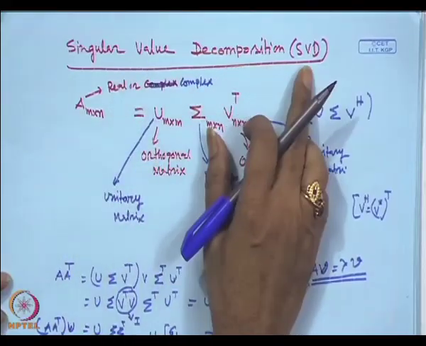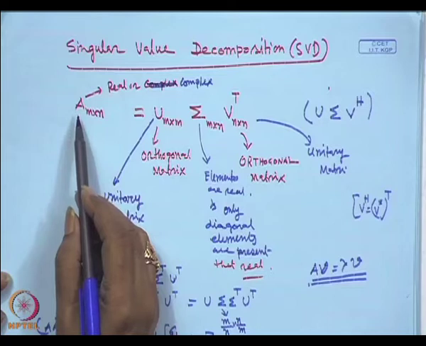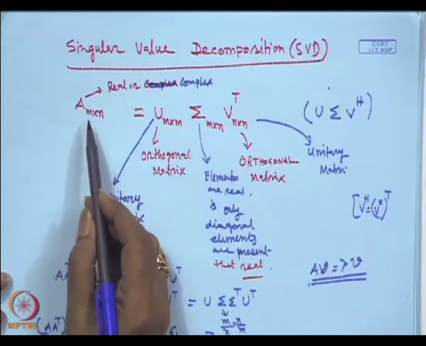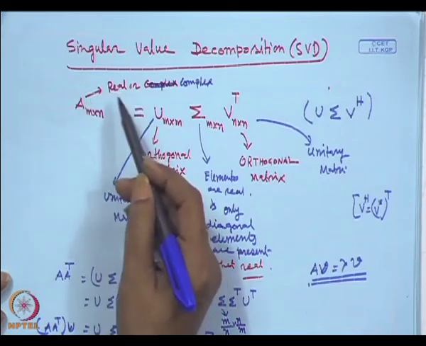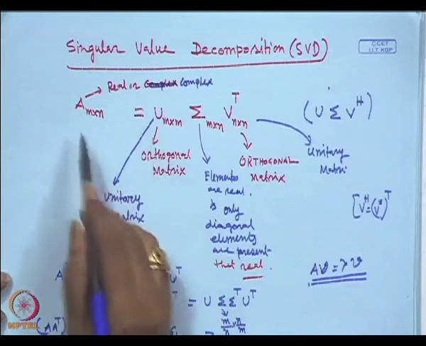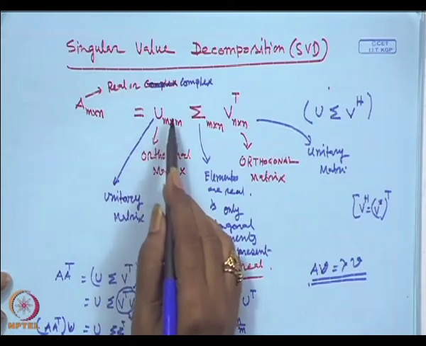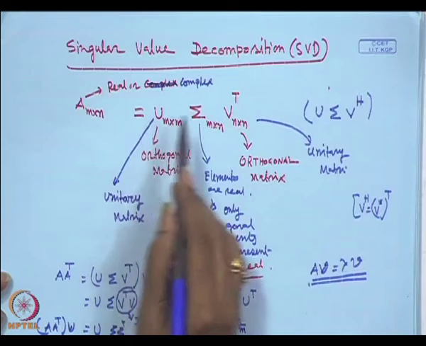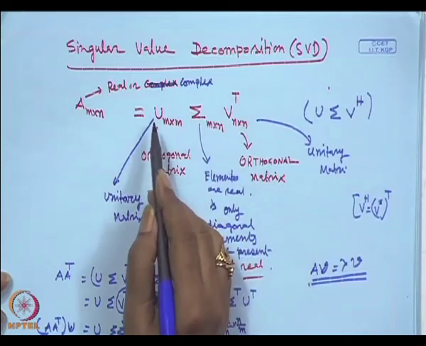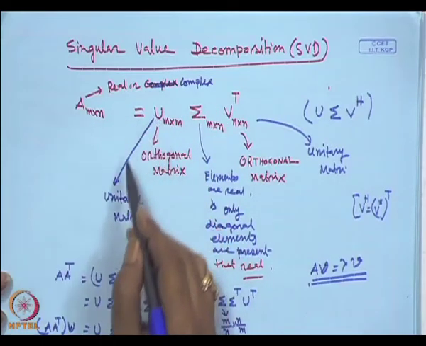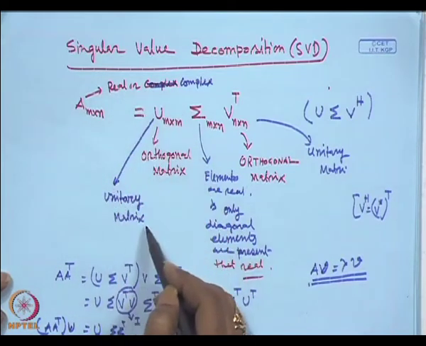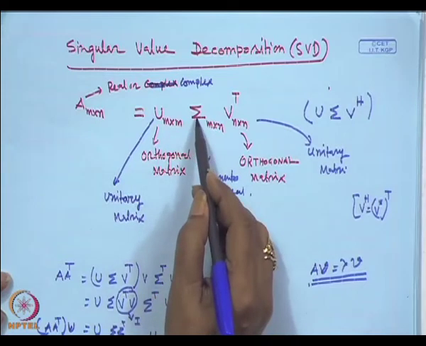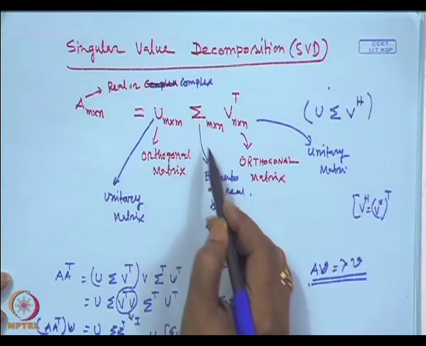So, last class we were discussing the singular value decomposition. Suppose A is an m cross n matrix, which is a rectangular matrix, and this matrix A can be real or complex. Then we can decompose the matrix A into the product of three matrices: U, sigma, V transpose. For a real matrix A, U is an orthogonal matrix. If A is a complex matrix, then U is a unitary matrix, and sigma is a diagonal matrix,